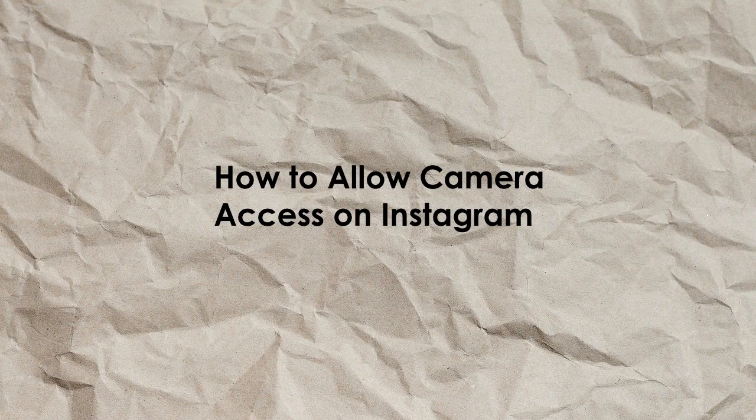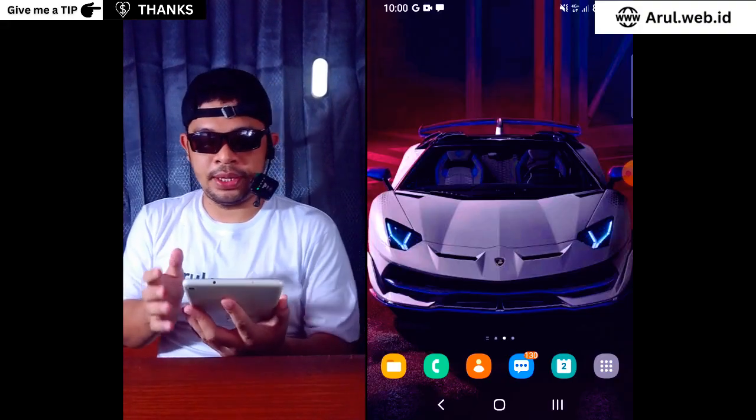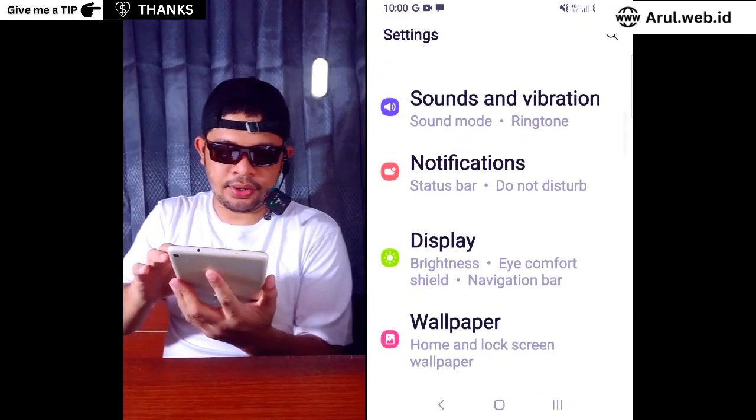How to allow camera access on Instagram. If you want to allow camera access on Instagram, just follow me. Open settings on your phone and then scroll to